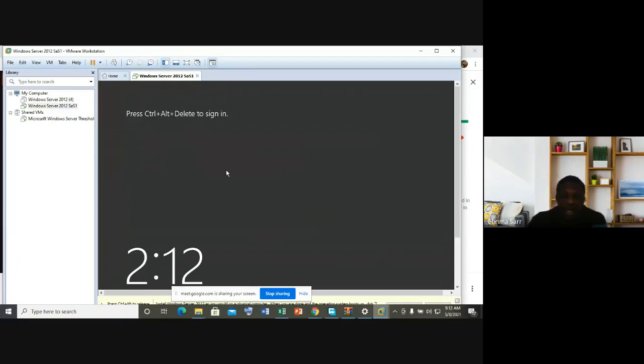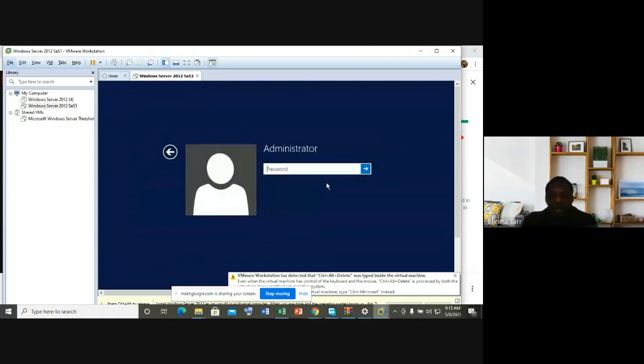You see, once everything is done, it's asking you to press Control Alt Delete to sign in. Without this, you cannot sign into your virtual machine. You cannot sign into the server. You have to press Control Alt Delete. In a normal physical machine, it will ask you to press just Control and Delete, or sometimes Control Alt and Insert. But in our own case, we will press Control Alt and Delete. Once we press Control Alt and Delete, now it takes us to the,